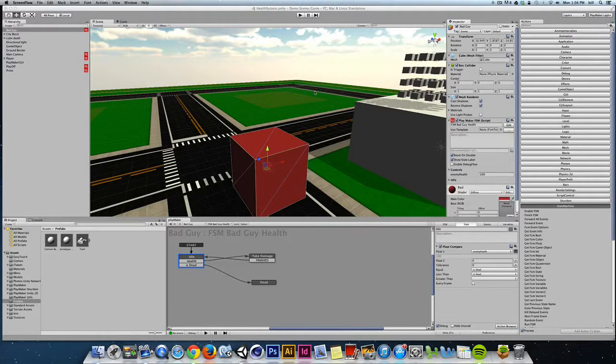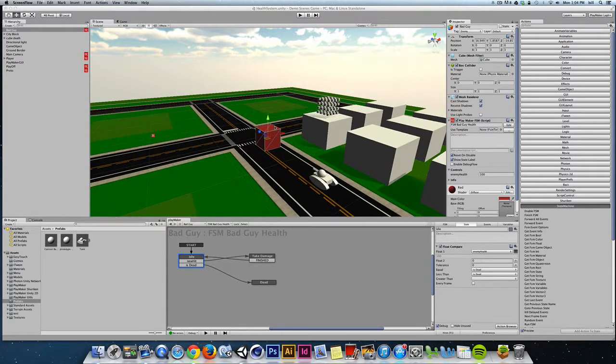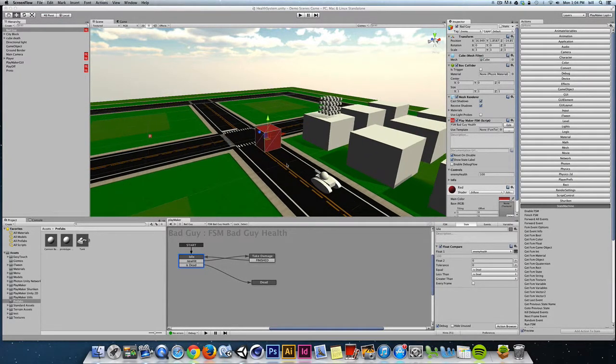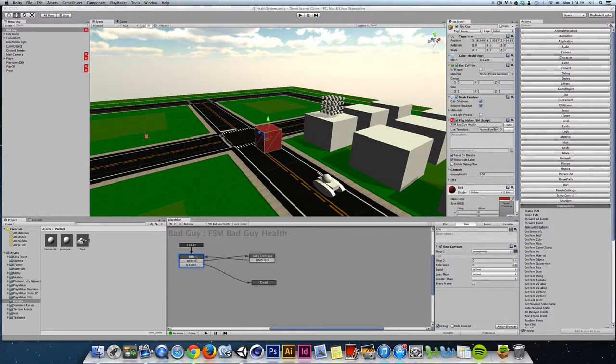So now that we have a working enemy health system, let's translate that into something that we can read through a heads-up display while we're playing our game. Currently our bad guy is sitting in an idle state. When it gets hit with a cannonball, it transitions to the take damage state. The take damage state is subtracting from the health float variable. And if that health float variable drops below zero, or is equal to zero, it fires off this is dead